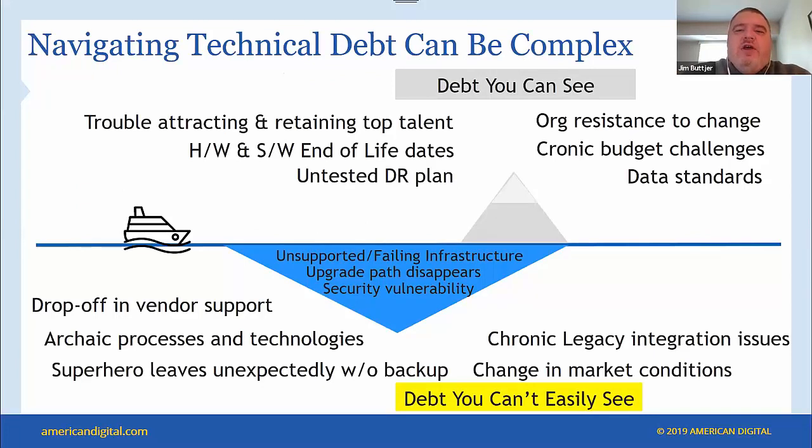For an illustration, I take all credit and blame for this one, but I think it helps illustrate the point. So on the top, you see the debt that you can see. And this is general categorizations here, folks. Down at the bottom, below the water level, there is debt you can't easily see. But if you've sailed enough ships and had enough seafaring accidents, you tend to understand that there are things below the water you can't see, and you've probably run into a handful of them. Like chronic change, legacy integration issues, or change in the market conditions, hello COVID. These are the types of things you can't really see, in addition to the things you can see above.